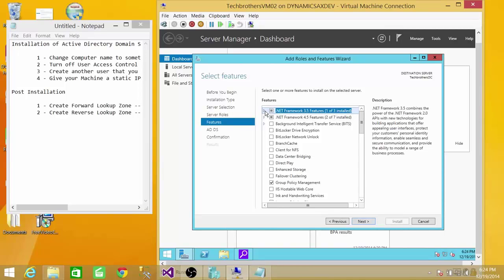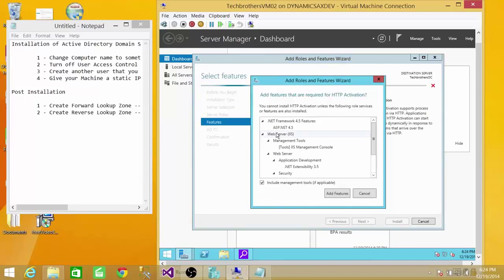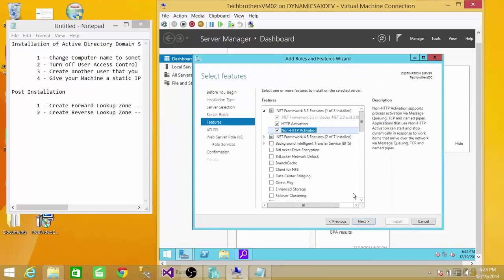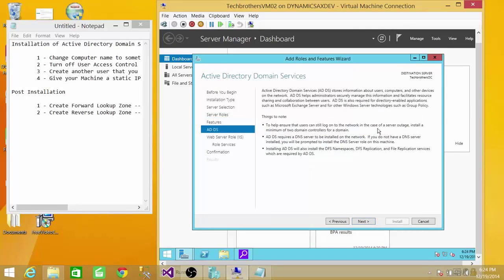So we're going to go ahead and install the rest of the HTTP and non-HTTP activation features as well. So go ahead, click Add Features, click Next,